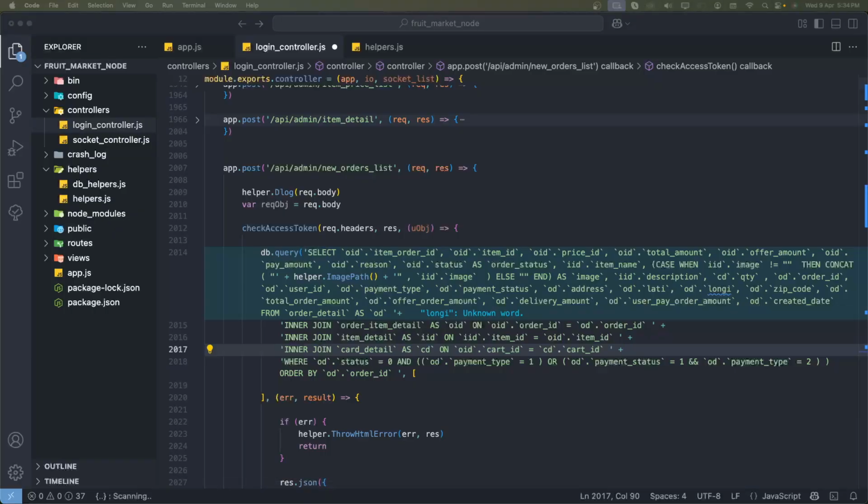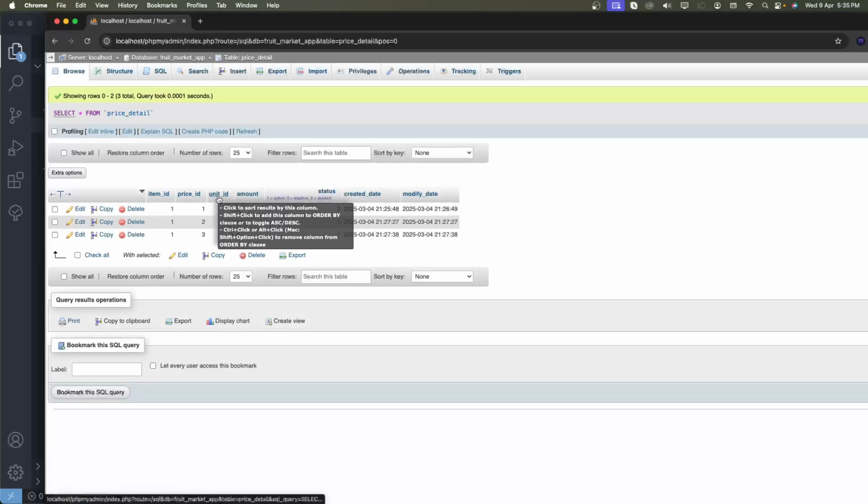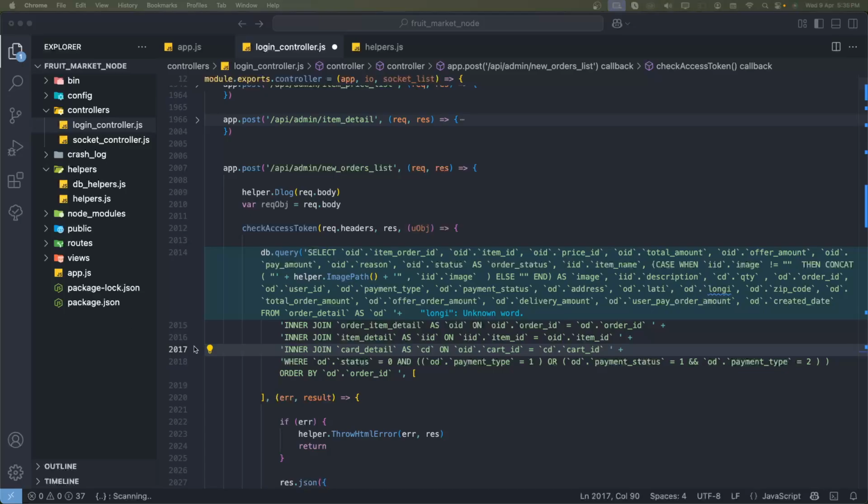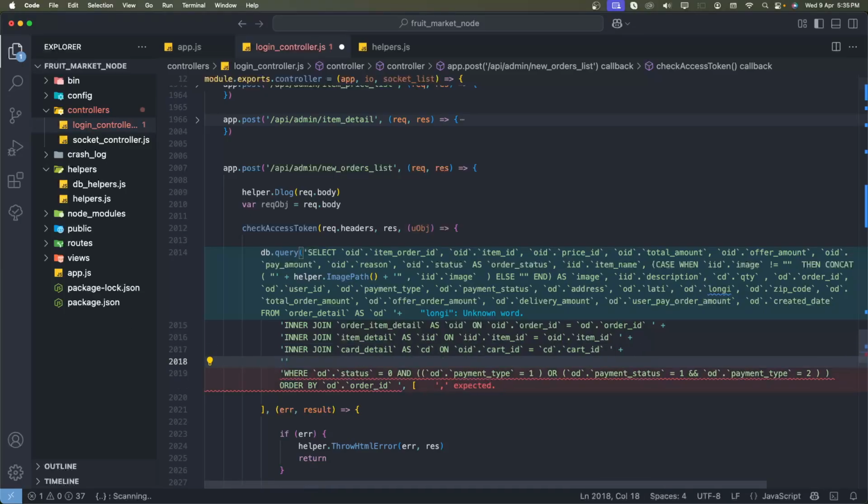Now we need to open the price detail tables and find the unit id, as well as show the amounts of the specific items. Now we put another inner join here, set it to price_details with the alias pd, and on the method write pd.price_id equal to